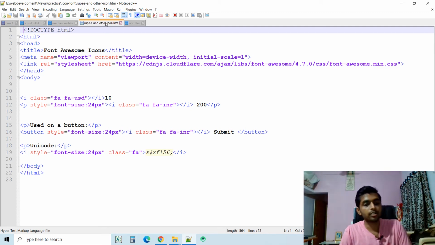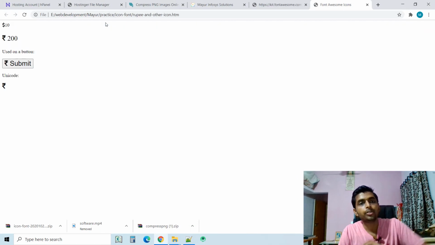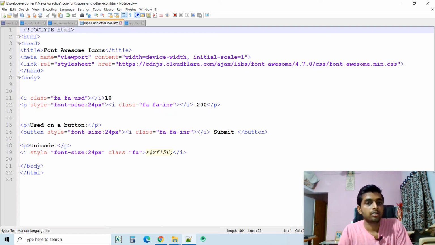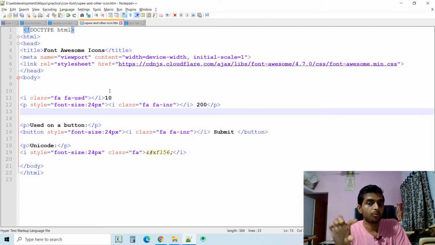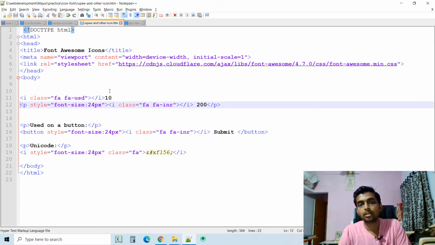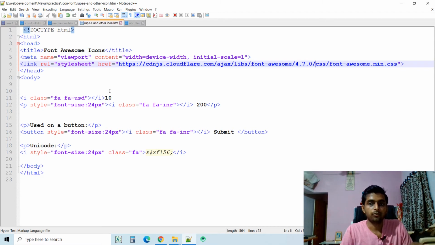So how does this work? Suppose I show you this demo. This is how it looks. Most people search for dollar or rupee icons. Dollar or rupee icons already exist in this CDN format, and these are open source font CSS.